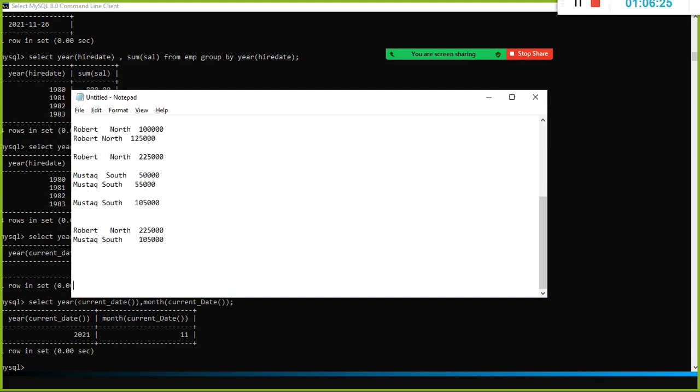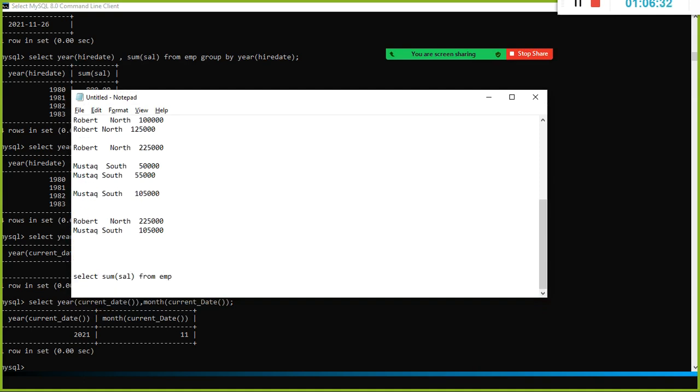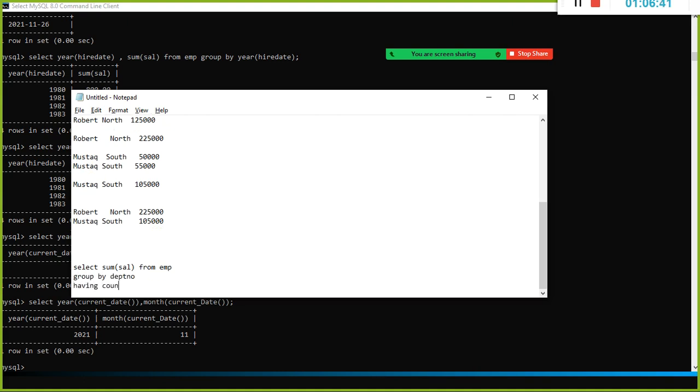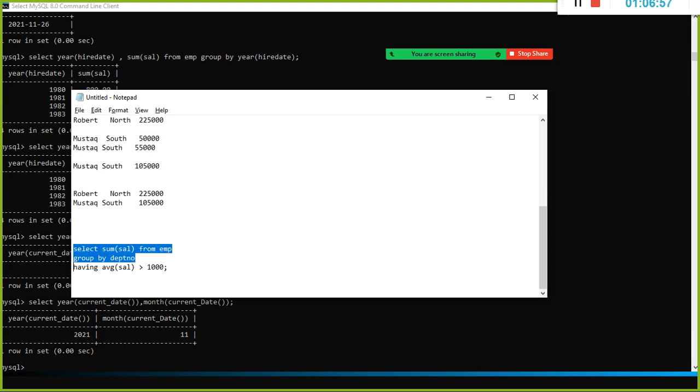For example, in the group by, I can write select sum of salary from EMP group by depart number, having average salary greater than 1000. So what does having do here?